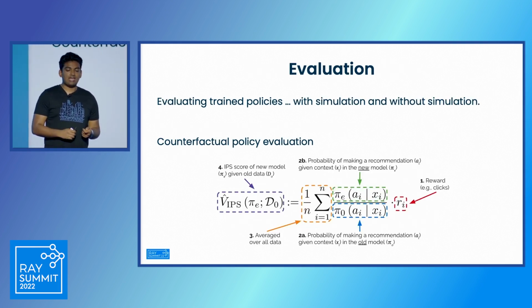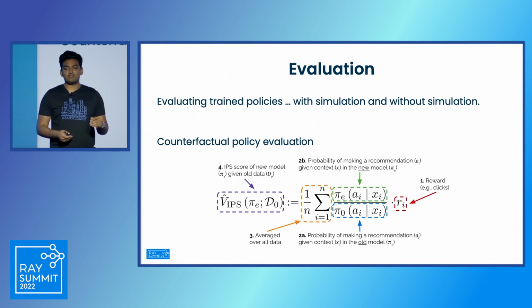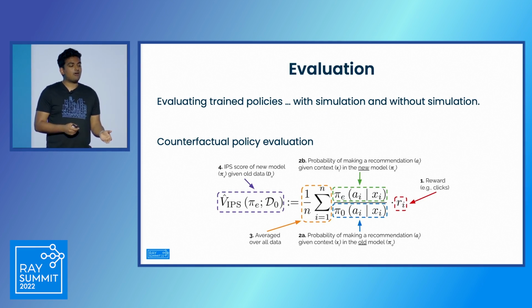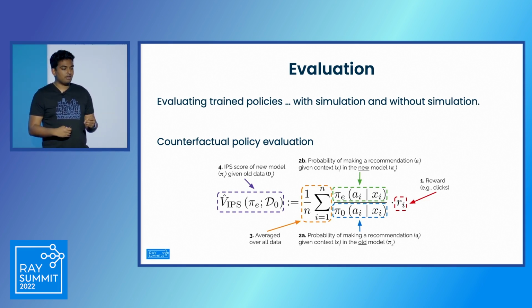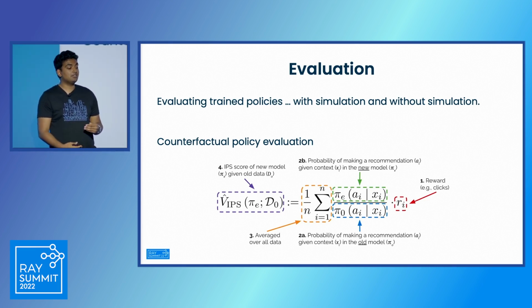And then finally, we have a need to evaluate the models, the agents that we have trained. In doing so, we might have simulators that we can use to evaluate our trained agents. However, we might also not have simulation at all. And so in the real world, a lot of people will use methods of counterfactual evaluation when they're deploying a generic model into the real world. One that most of you probably know is A/B testing. However, in reinforcement learning, we have additional methods of counterfactual policy evaluation that we can use.